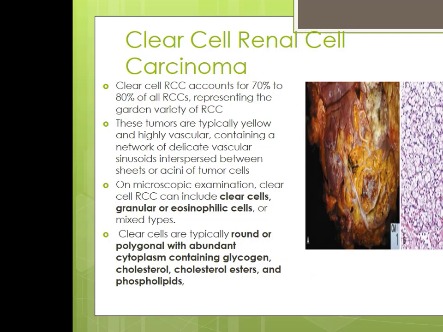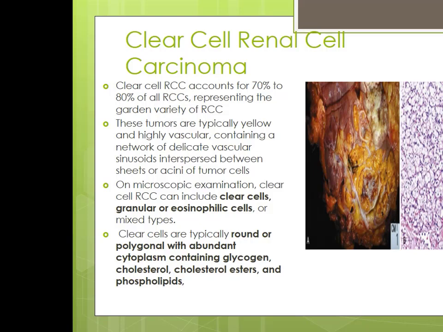This is the classical clear cell RCC. It is the most common, 70 to 80% of the RCC. On gross examination, they appear yellow and highly vascular, containing a network of delicate vascular sinusoids interspersed between sheets or acini of tumor cells. On microscopic examination, we can see there are clear cells or granular and eosinophilic cells of